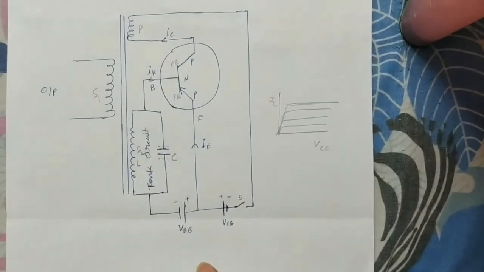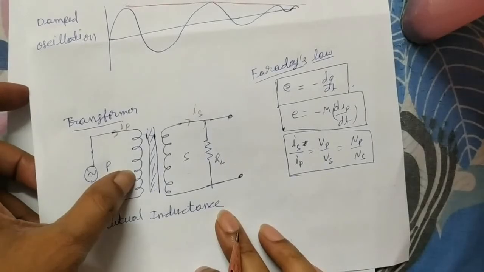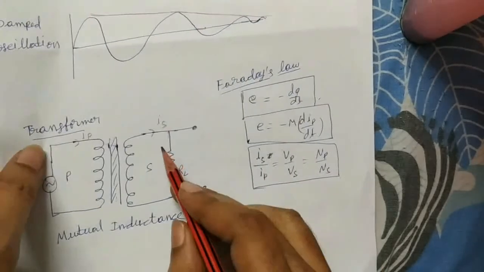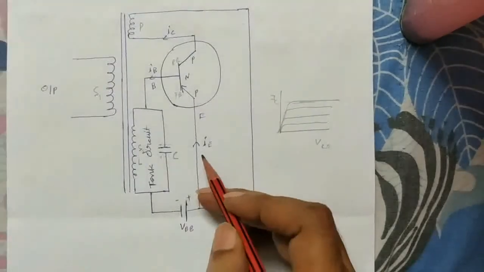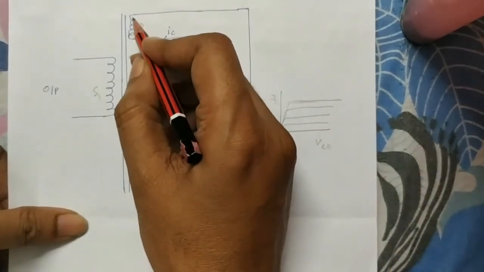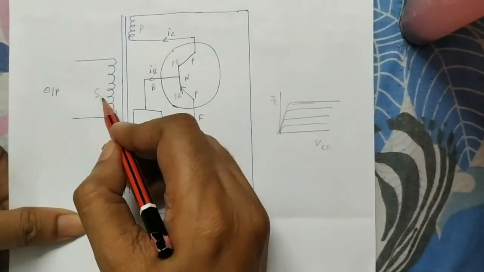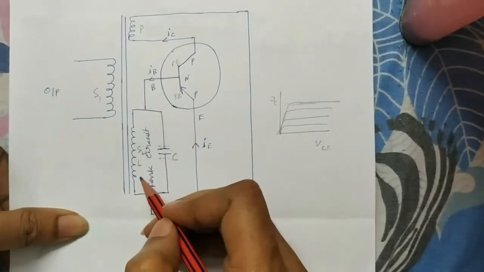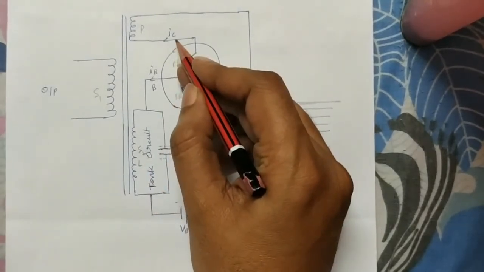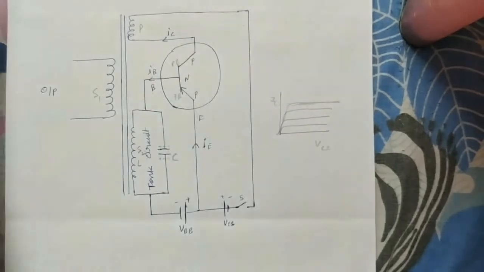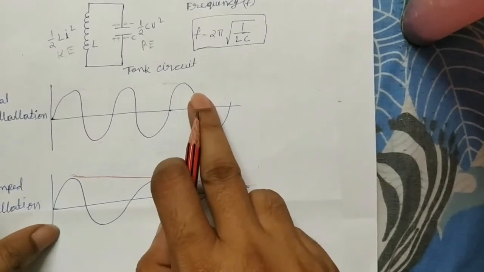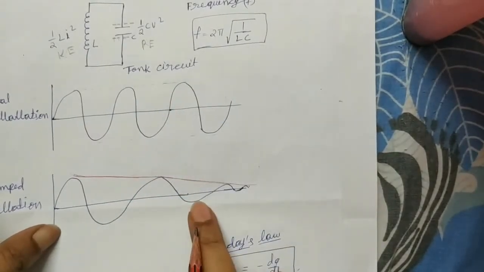Why? Because in the primary circuit, the current must increase and decrease. When there is a change in current with respect to time, EMF is induced, and only then is the secondary current created. Here the current becomes constant, saturated. Whenever this current is constant, no induced current is created and no feedback is given. Then the output current stops increasing. So like that, it continues until it reaches the required amplitude, which is the ideal waveform, and the damped oscillation also increases.